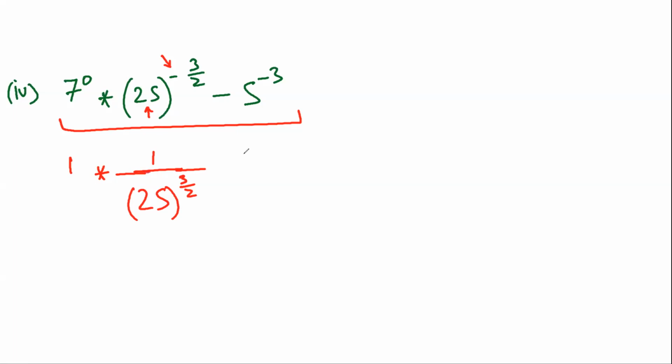I hope you have understood. So for example, if it is 2 raised to power minus 1, what this minus will do is it will make this 2 get into its reciprocal mode. This is what it will do. And if this was 2 raised to power minus 3 by 2, what this minus will do is it'll take this number to its reciprocal. It will make the numerator a denominator, with power 3 by 2.